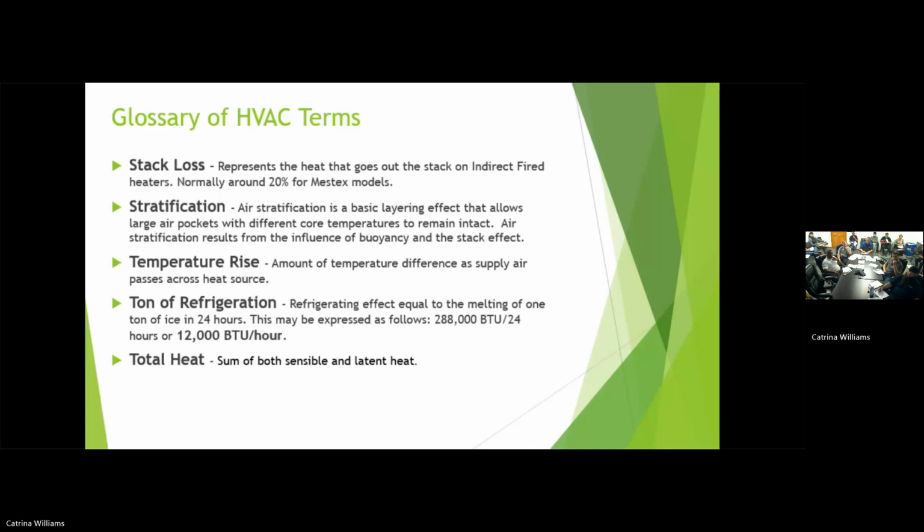Stratification is the basic layering effect that allows large pockets of different core temperature to remain intact. And that's just influenced by the buoyancy of air. And we all know that hot air rises. And so, like in a typical building,